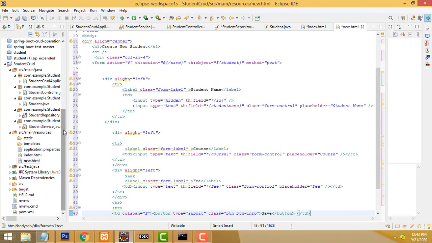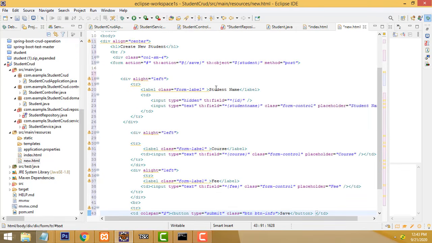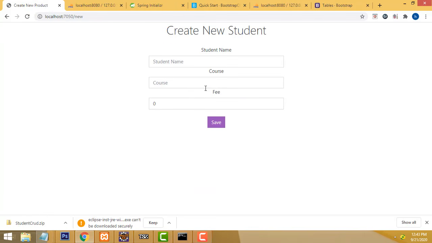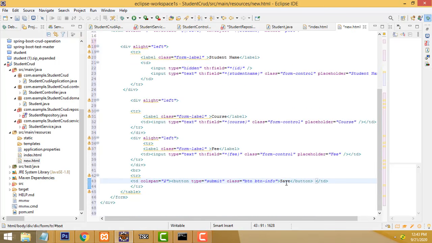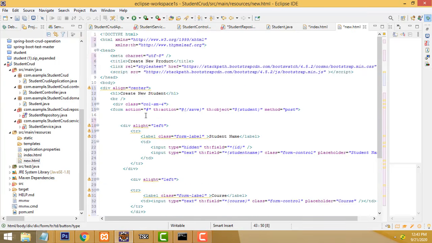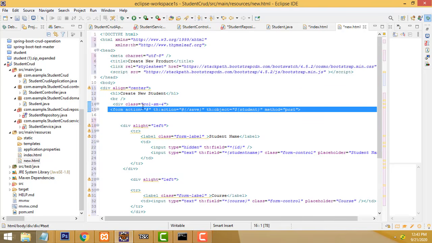Now, when you enter student details, first we have to go here and click the save button. If you click the save button, it goes to the form action, the same form action, which is the student action method, right?